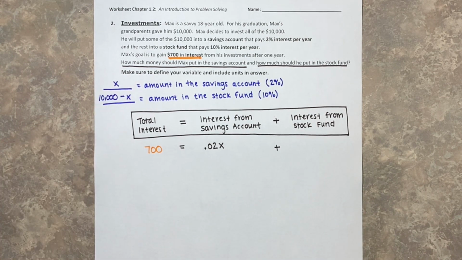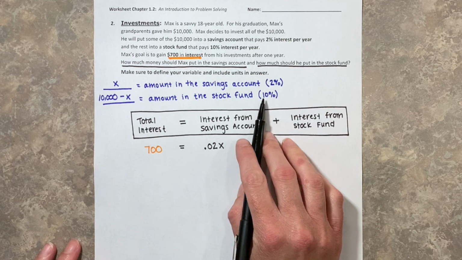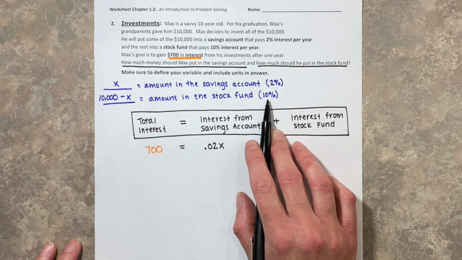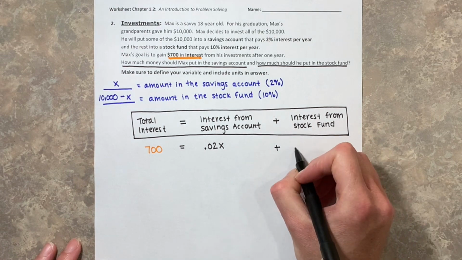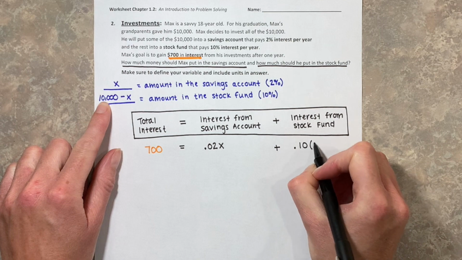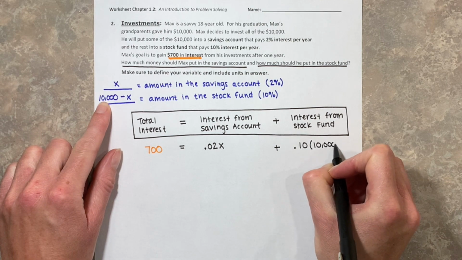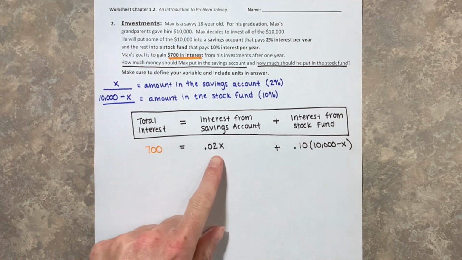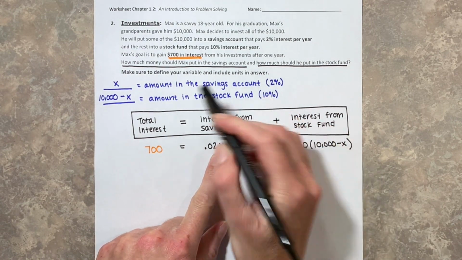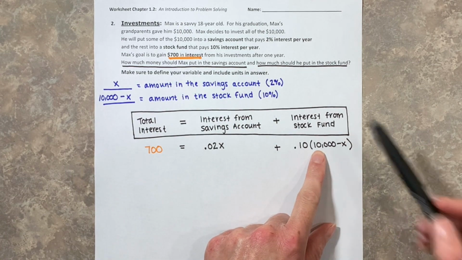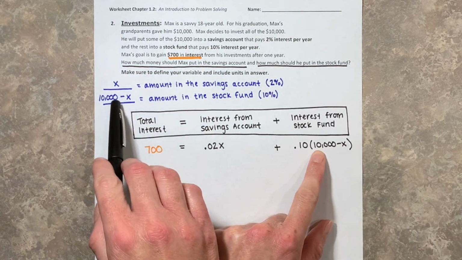Okay, to represent the interest from the stock fund, we're going to take the interest rate times the amount invested. Interest rate converted to a decimal would be 0.10, multiplied by the amount invested, which is 10,000 minus x. So again, to compute the interest from the savings account, just take the interest rate times the amount invested, x. And then to compute the interest from the stock fund, just take the interest rate times the amount invested, which